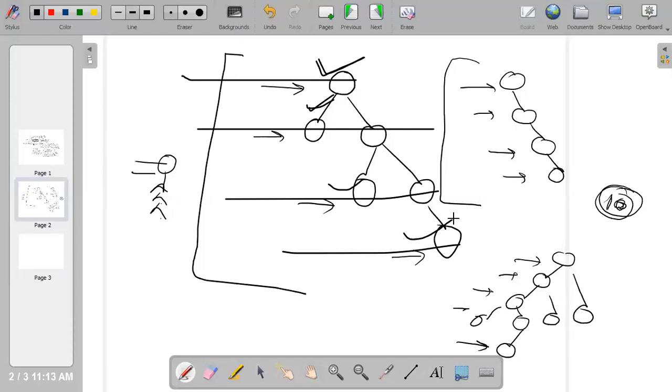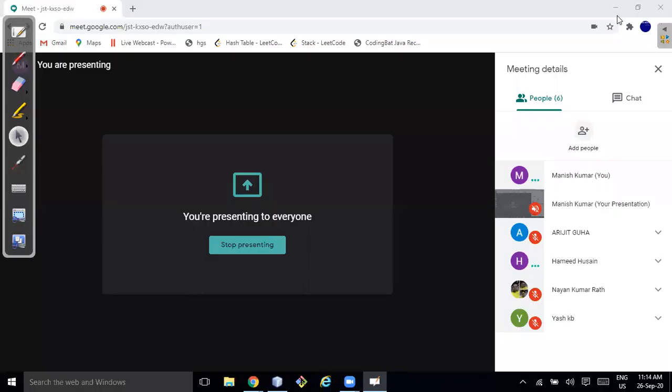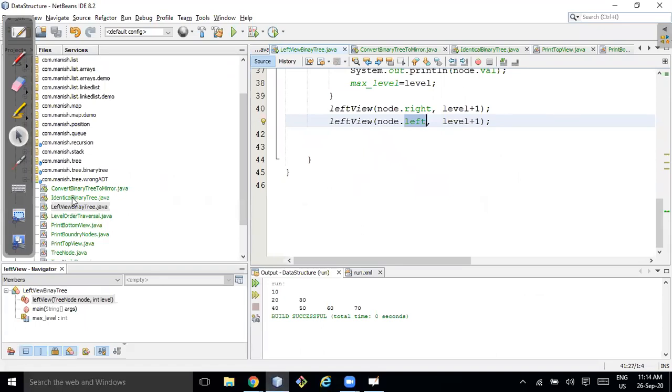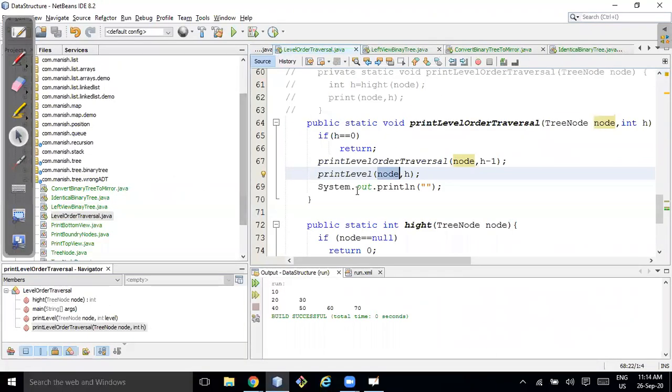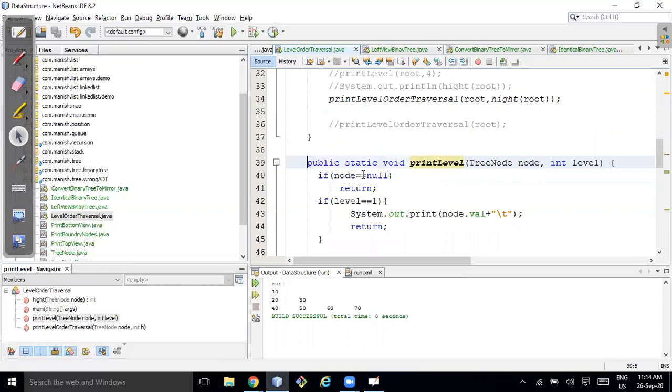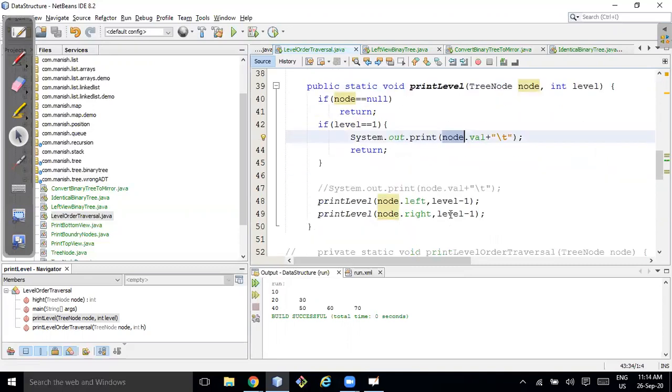Yeah. Then where was the problem? There was no problem at all, right? It should come into the mind if I am printing the level order already. So at each level, I'll just print one node and I'll exit from that loop. Okay, let me give a try. So level order traversal was here. At each level, I am calling the print level function, and it is the print level where I need to think, right? I just need to print once and then I need to exit, correct?